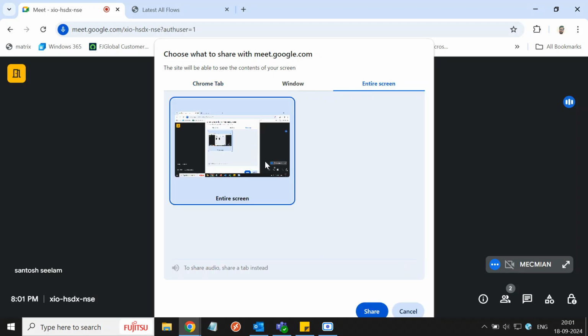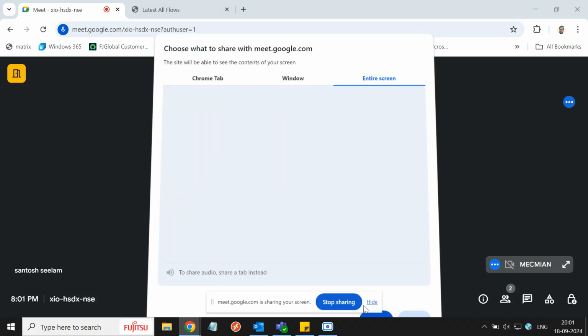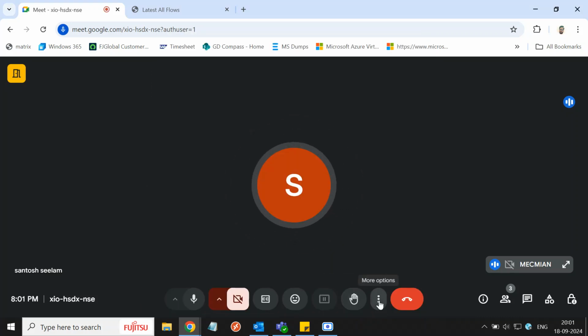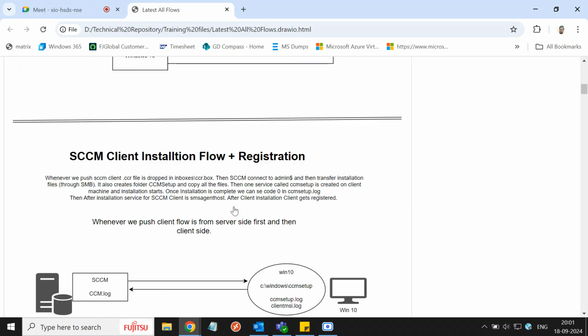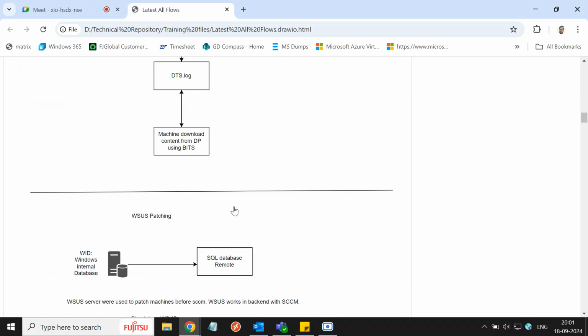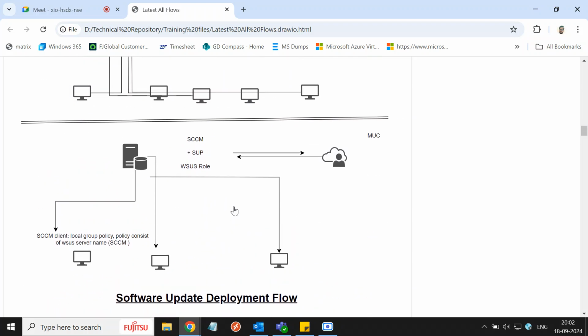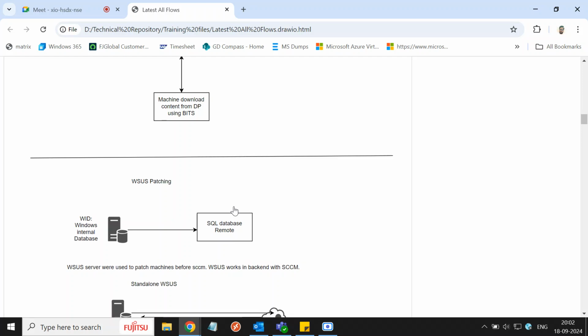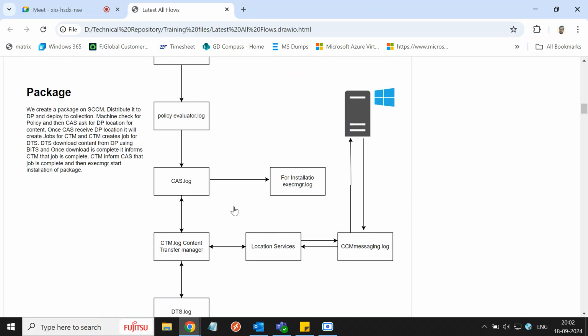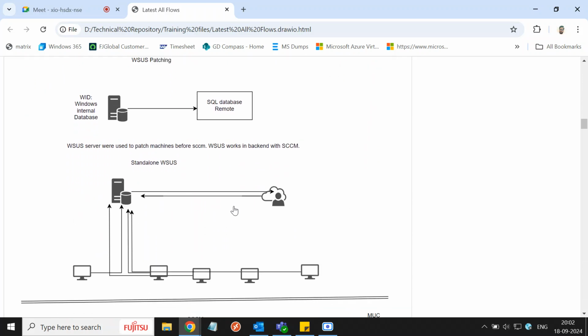तो उसमें जब स्क्रीन दिखे तो बताना मुझे। ठीक है, तो ये पैकेज हो गया, ये WSUS हो गया।